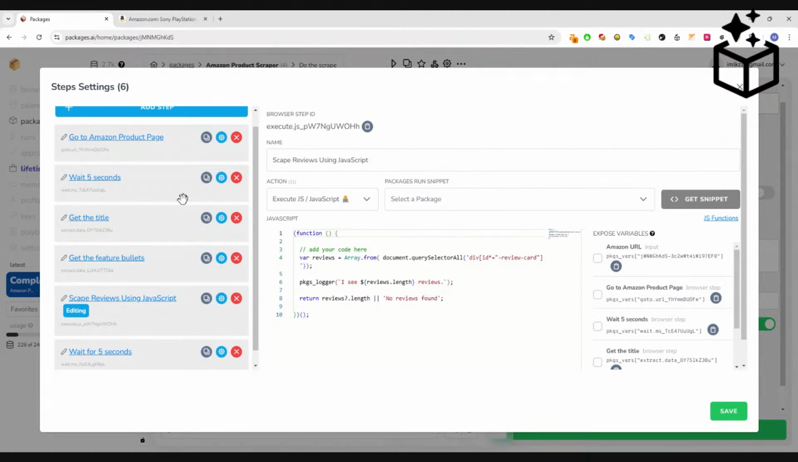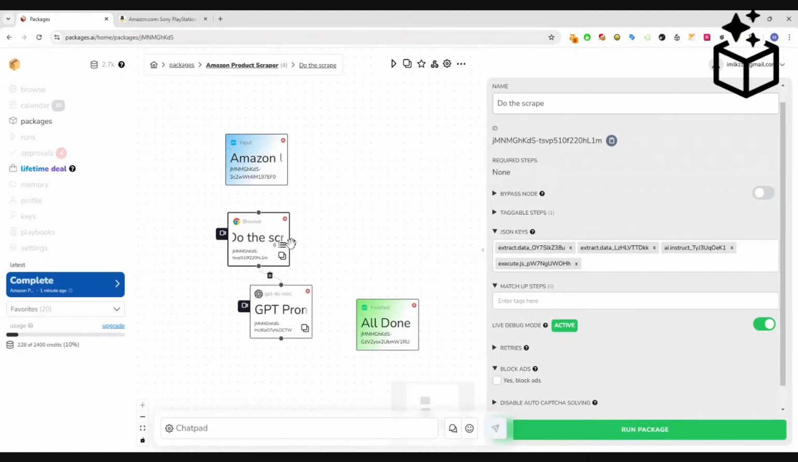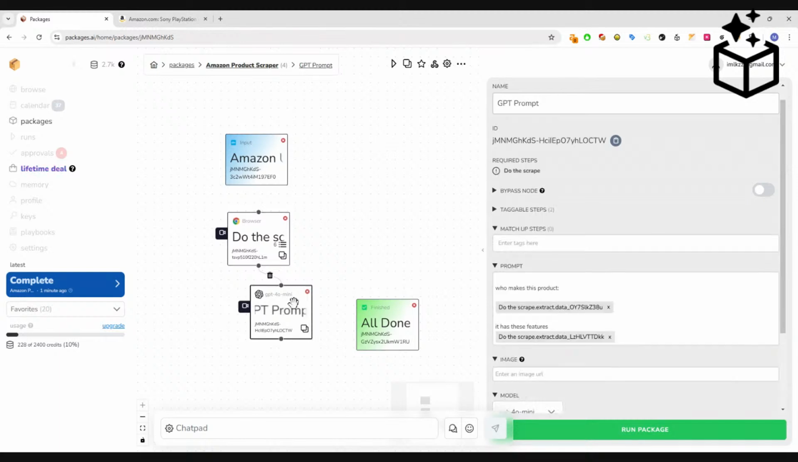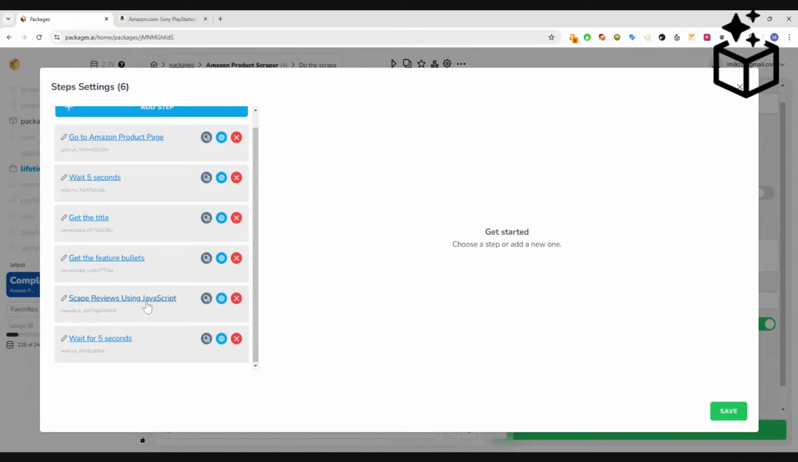Yeah, so JSON keys is just a name that I give that functionality. It basically exposes values on a node. For example, if we go to the browser node, it has all these JSON keys. These are values that live inside that node, and we're extracting them so that we can use them throughout the package. It's just a different way of accessing values in a node. All right, so back to extracting the reviews, which will be the last step